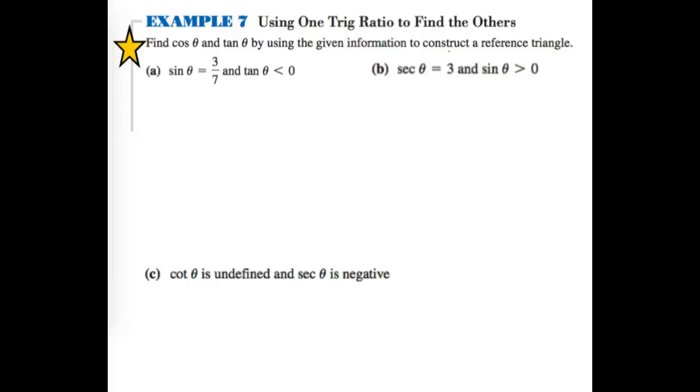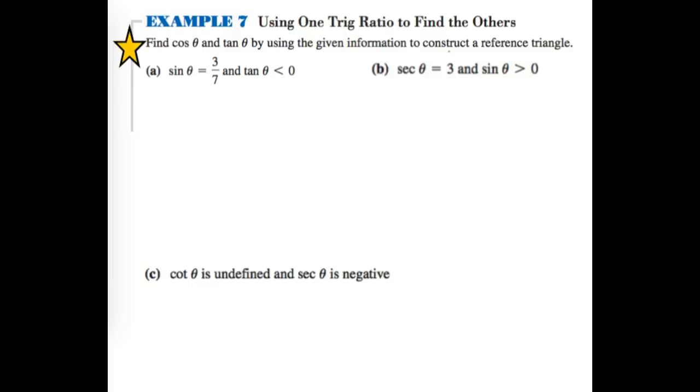First thing I see, well, it says to find cosine and tangent. We're not going to find all six. We'll just find the three main ones, because once you know those three, you can just flip them over, right? So find cosine and tangent by using the given information to construct a reference triangle. I would expect to see a picture drawn, and it's important that you put the triangle in the right quadrant,